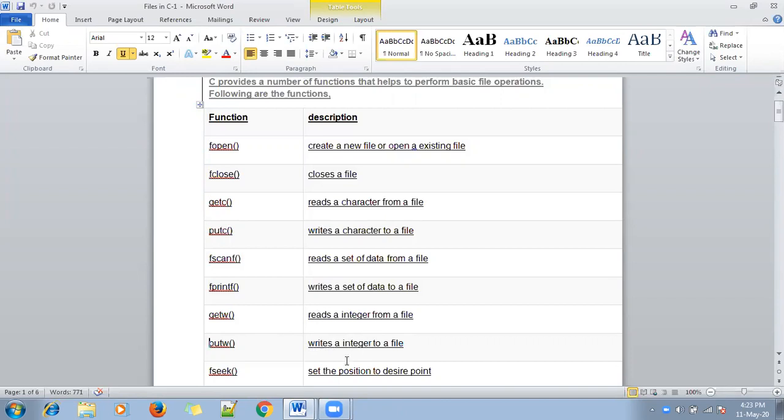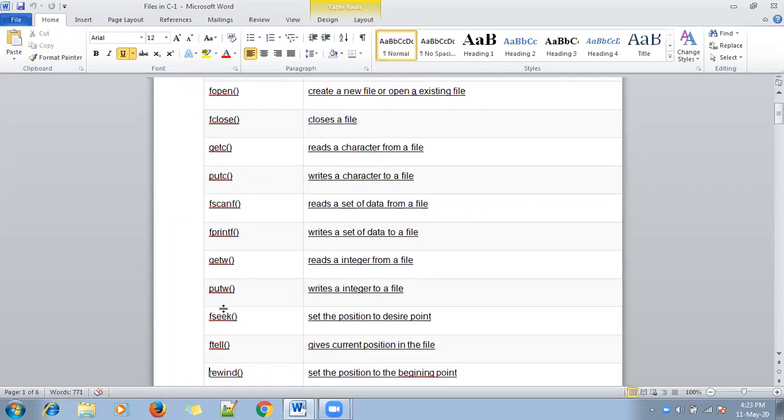The remaining functions fseek, ftell, and rewind are the random access file functions. We will discuss them clearly in the next module. Fseek is used to set the file pointer position at some point.